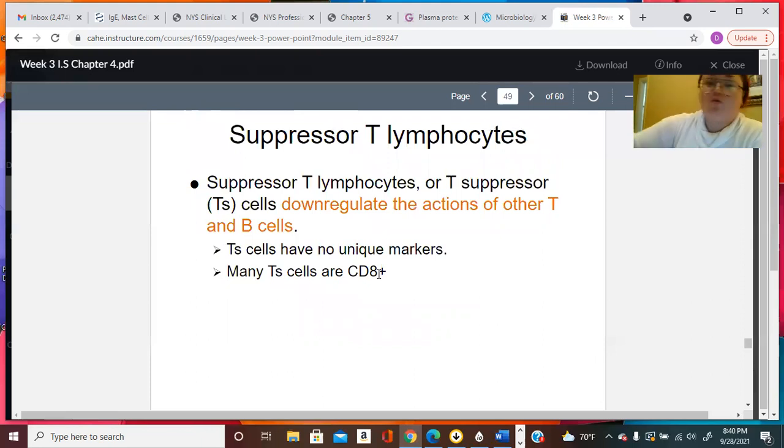All right, so suppressor T cells, remember, these are just T regulatory cells. We call them suppressor T cells because they're capable of suppressing the function and action of helper T cells, as well as cytotoxic T cells, and also B cells. And they do that by down regulation. They'll release certain chemicals, certain cytokines that will lead to the down regulation of the activity of these cells,